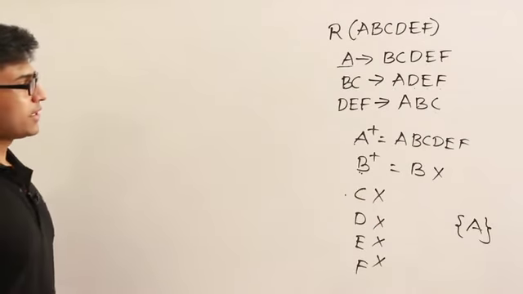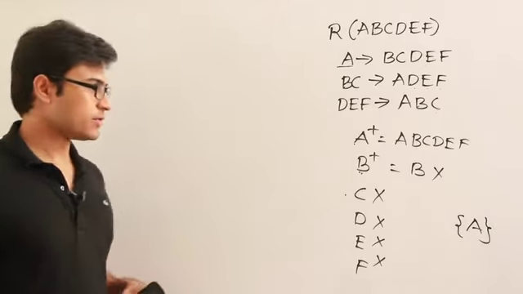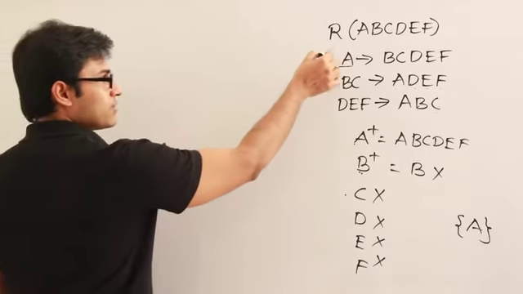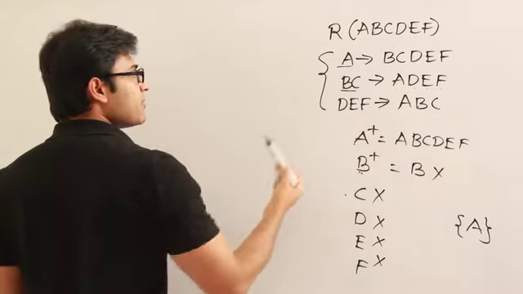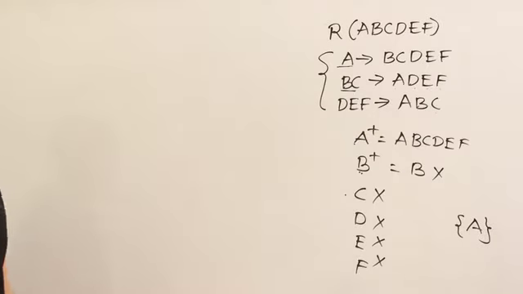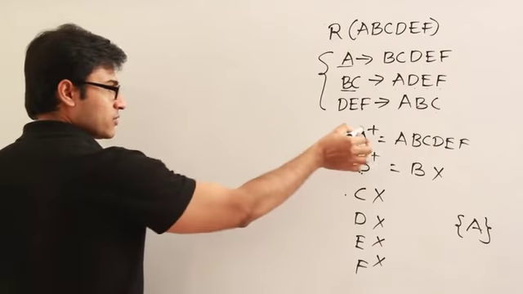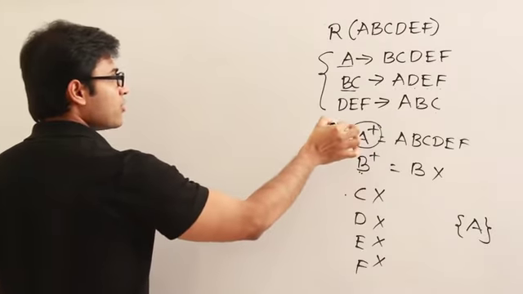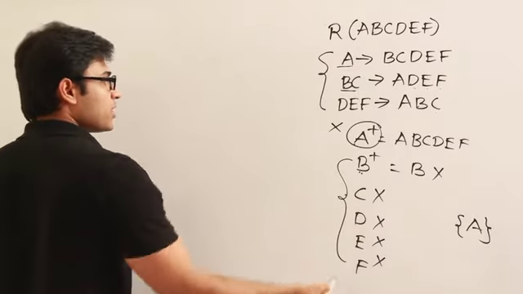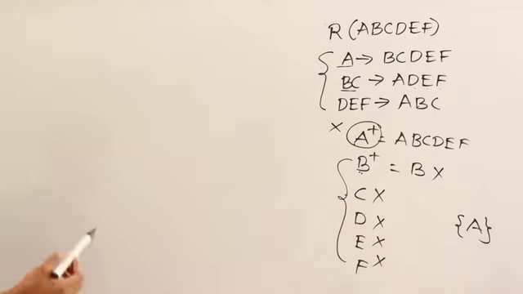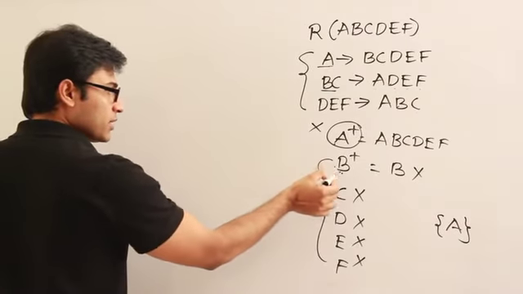Now next step is, let's see how many candidate keys will be possible with two attributes. Now by looking at this, it is very clear that if you take two attributes, only BC might be possible and nothing else will be possible. See, one thing is, if you are trying for the next level, that level should never contain A, right? A should be removed, and other than A, you have to take all this, and out of all these, you are supposed to take two out of them in order to get the two attribute candidate key. So you will get only these two, right?